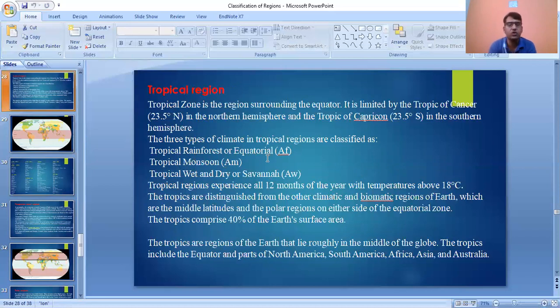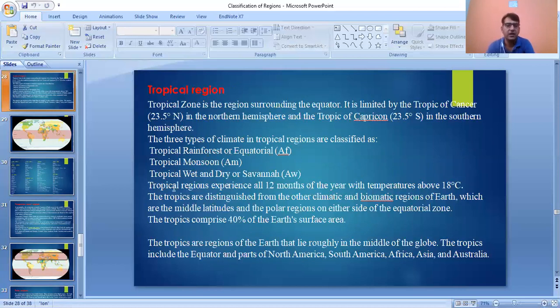We have the Köppen climatic classification, which also has a very big and detailed lecture on the topic. So I will try to have another video on that. But you will have to keep in mind what type of climate we find in tropical regions. Tropical regions have rainforest, equatorial, and tropical monsoon climates, because some part of India observes this